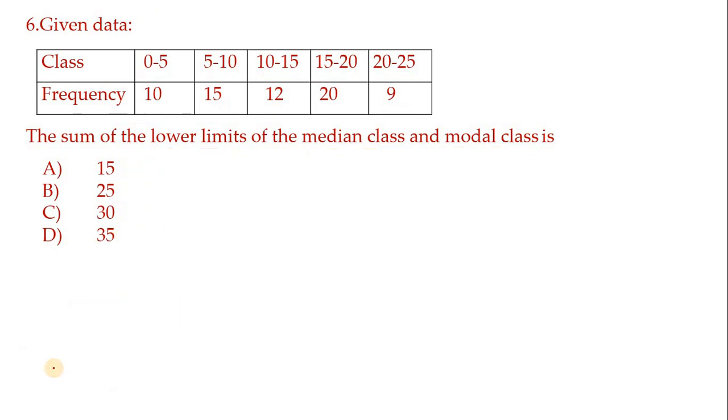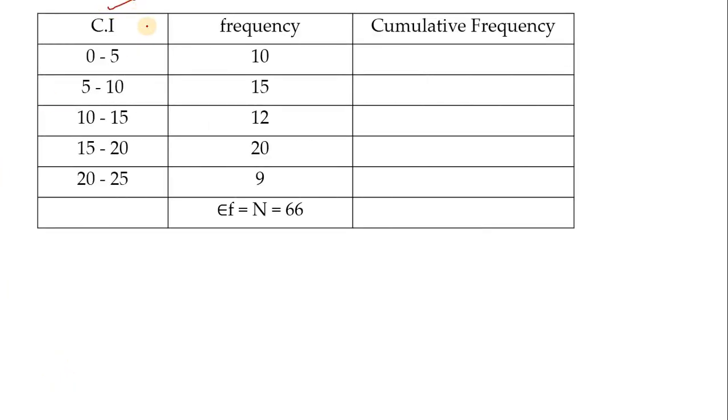To get the answer for this we have to prepare a table, children. The first column is the class interval as it is and the second column is frequency, and here the very important thing is we want to find the sum of frequencies. As we find the sum of the frequency we get sigma f, which is equal to capital N also. And I already told you, in the headings wherever frequency is there, that column you want to add, wherever f is there. Hence we have to add this column. Now we have got the N value.